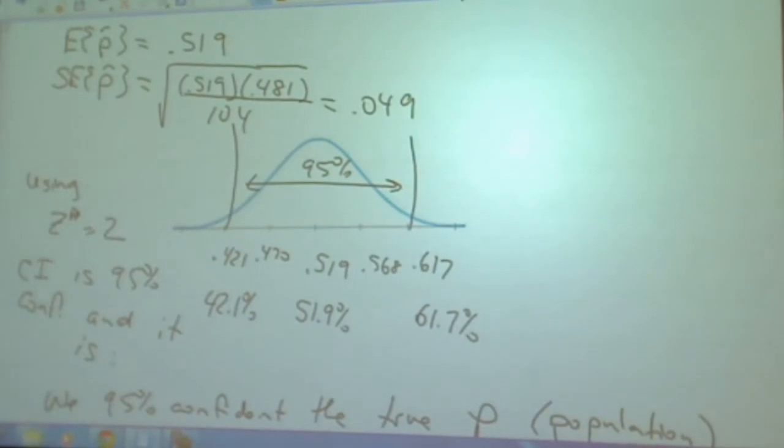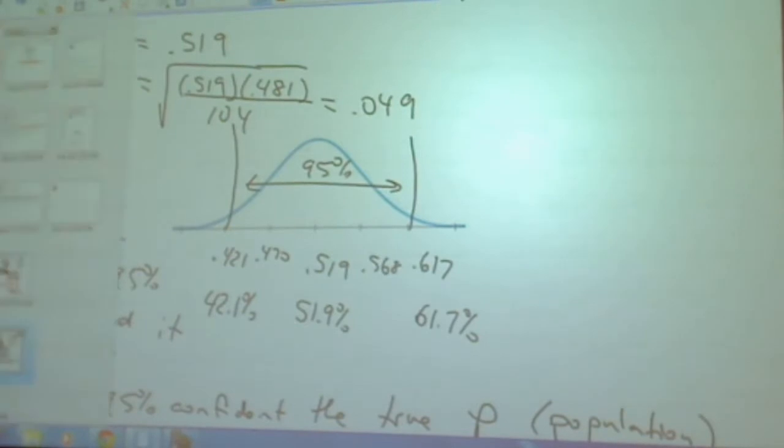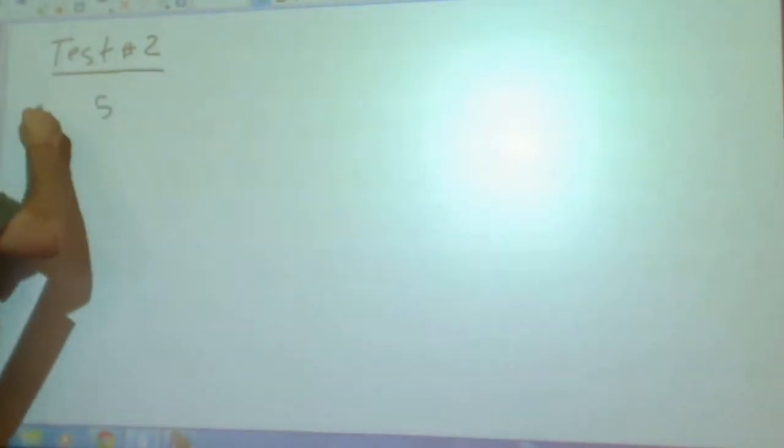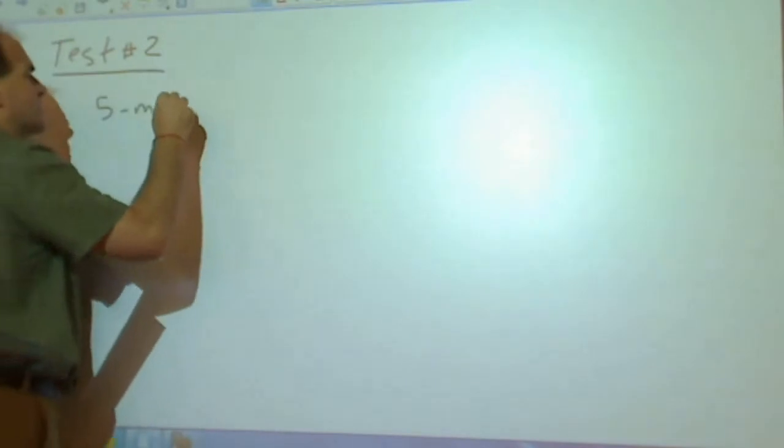Okay. All right. So let's go over the test. I do want to make sure I work the last problem because it's going to be another confidence interval question. But let's start at the beginning because you haven't seen the beginning stuff in a while. So read that first problem. Okay, so we're talking problem 1, 5 multiple choice